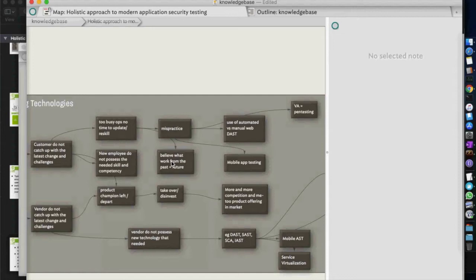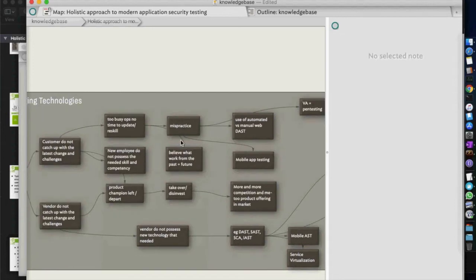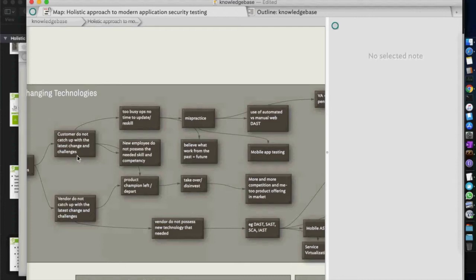That is because they believe in the old way. So to put it in one word, it is a mispractice thinking. Another cause for this kind of mispractice, not tied to being too busy, is